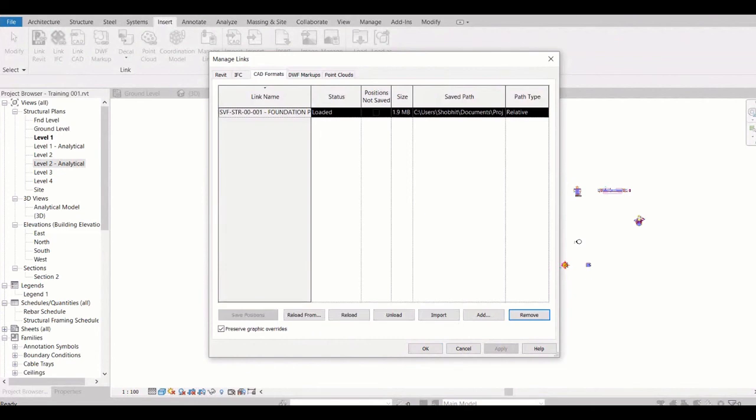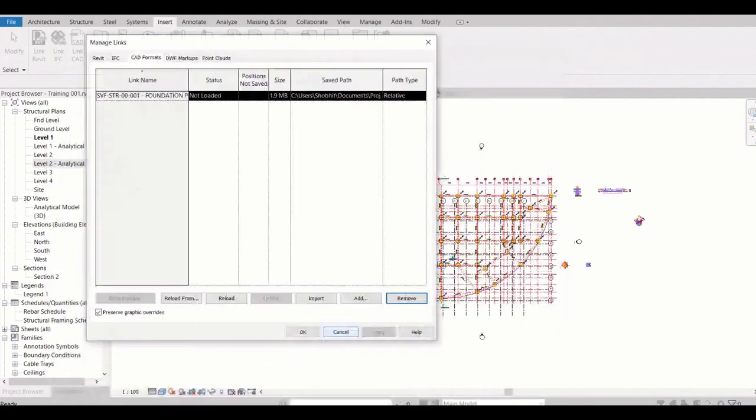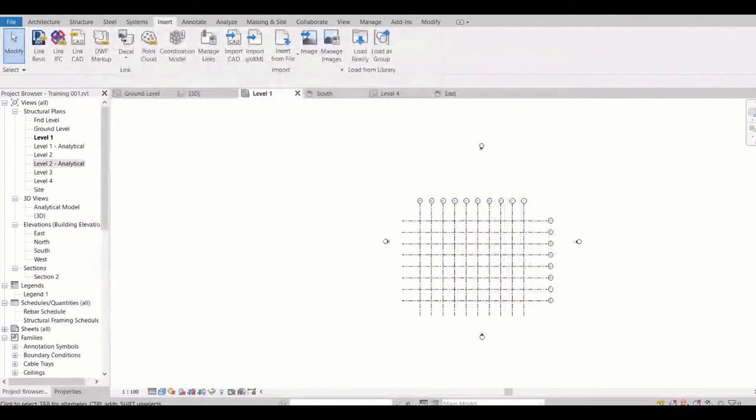So all the CAD files that I have imported in my model, I can see over here, right? And then I can manage it. If I want to reload it, same location, import it, add, or I just want to unload it. So what I will do, unload it. So the status will be there, but you cannot see that file over here.